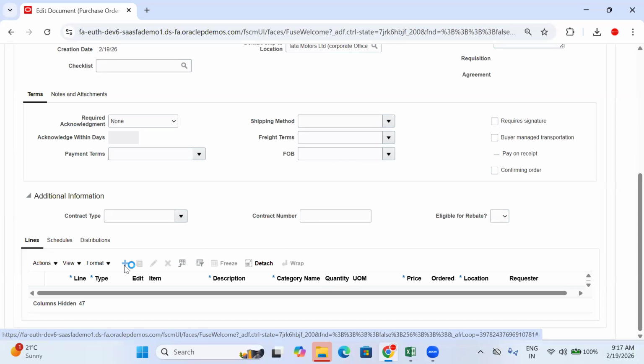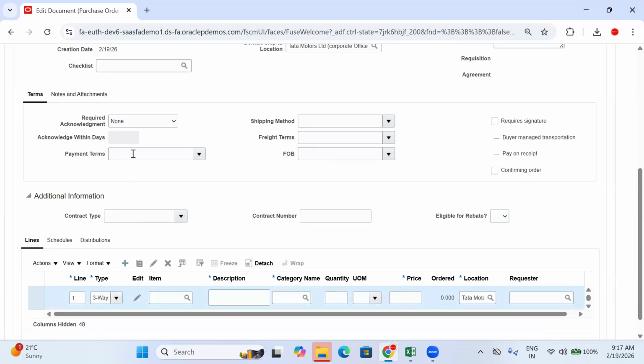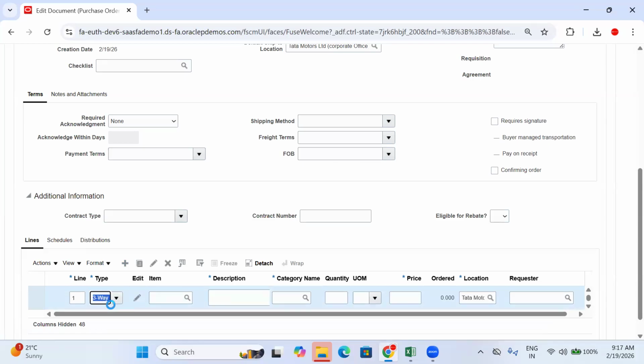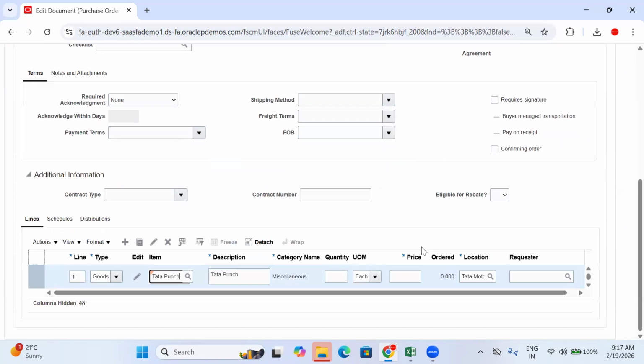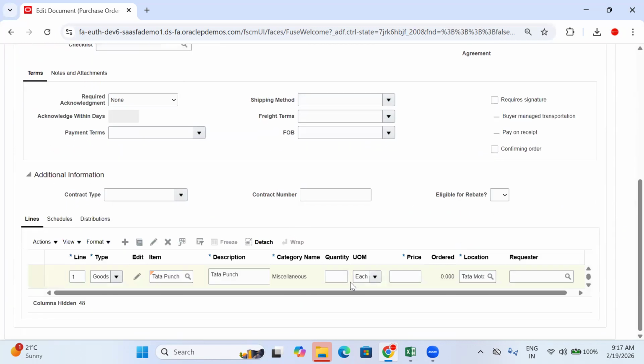Click on line level. What is the item? The item name is Tata Punch, right? Select line type as goods. This is a goods item, right? And Tata Punch. What is the condition price? See, the BU condition is satisfied. Procurement BU is equal to Tata Motors Hyderabad BU. And one more condition is